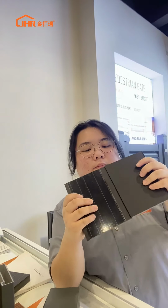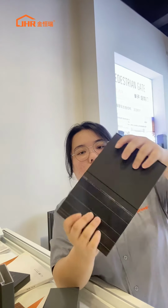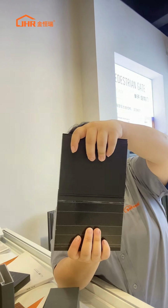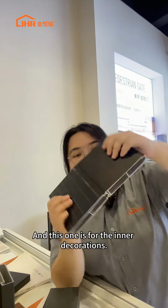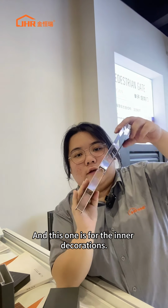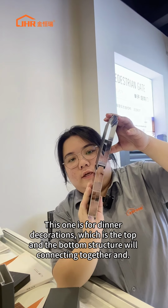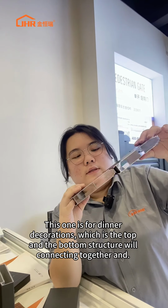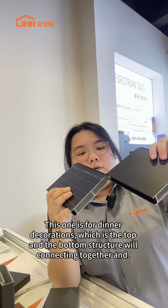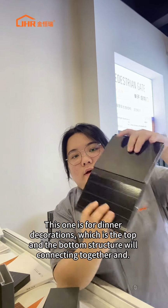And this one is for the inner decorations. This one is for the inner decorations, which is the top and the bottom structure will connect together, and so